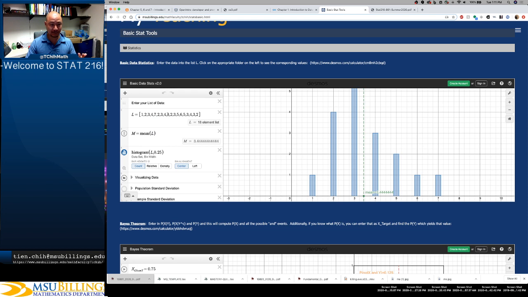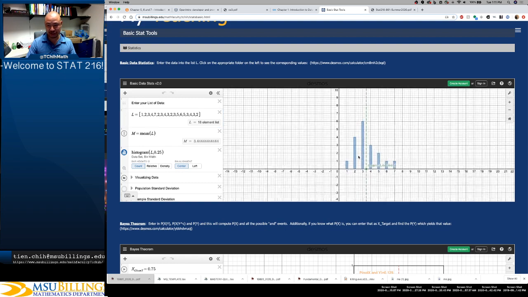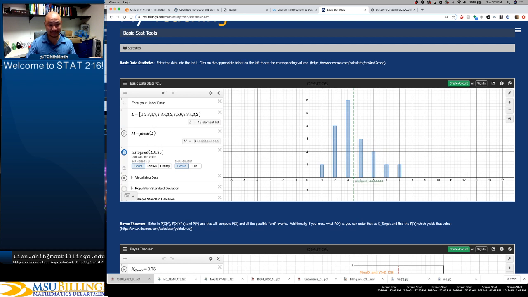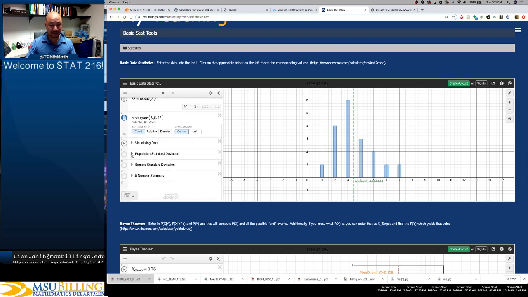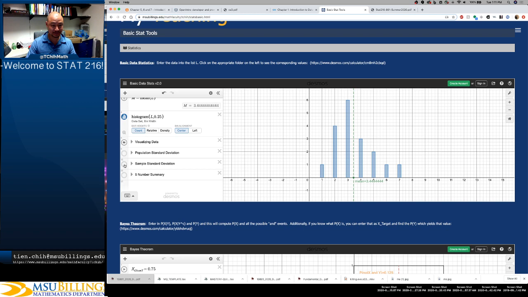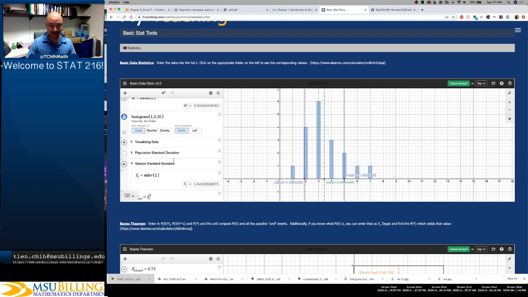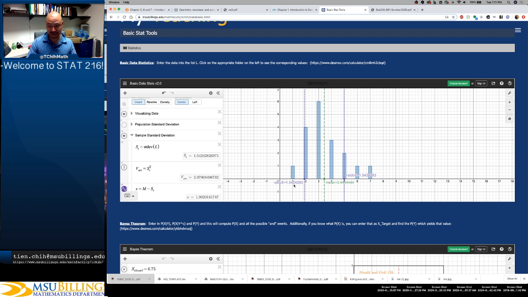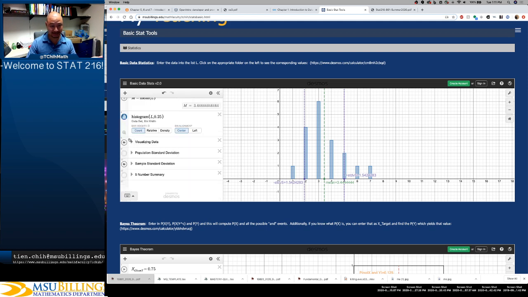And so, for example, I have a list of data here, just 18 data points. And what you see here is a visualization of that data, as well as its mean, right? That's the average that we see here. And what we can see from that is we can also get the population standard deviation, the variance, which is something you'd want to use in some cases. The sample standard deviation and variance, you can see it visualized here, and also see the exact numbers here,